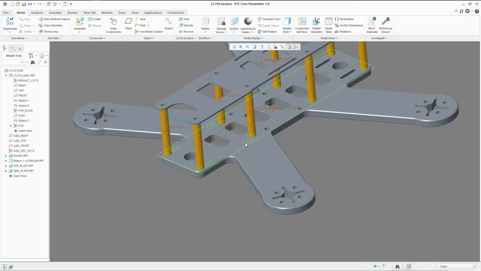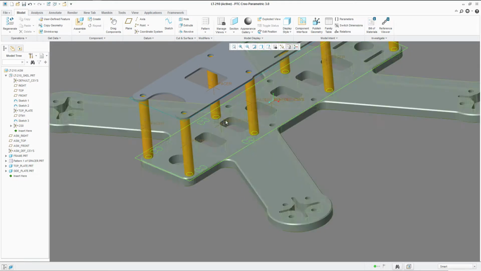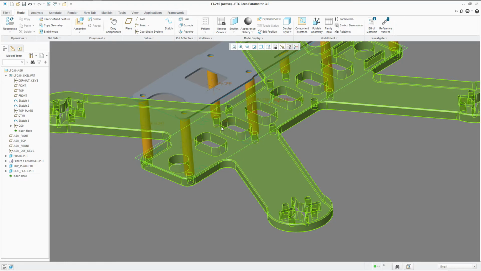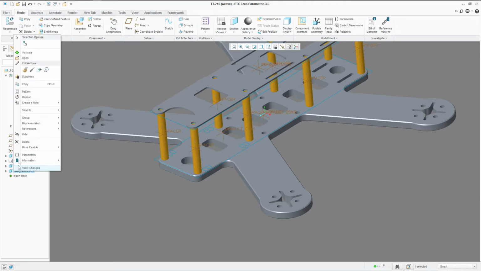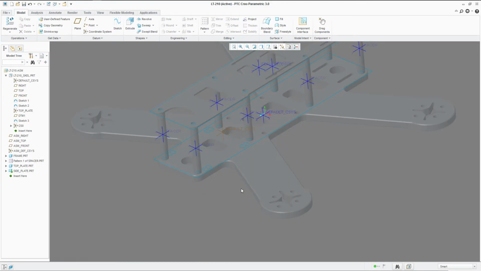Now if you change something to these slots, the datum plane and this coordinate system will move with it, and so will the part. So now we can activate the part,